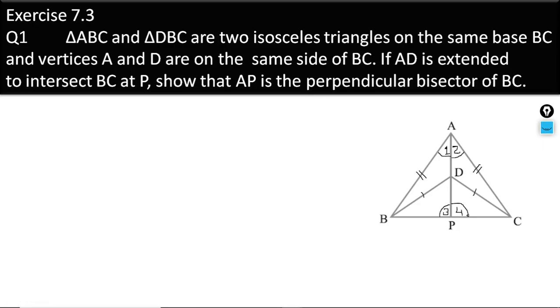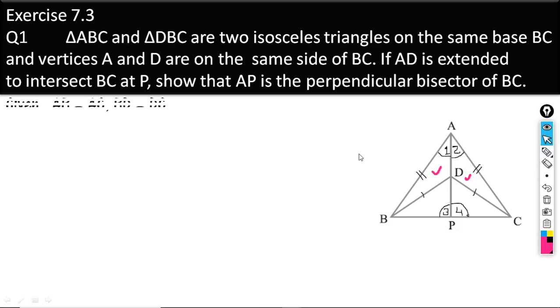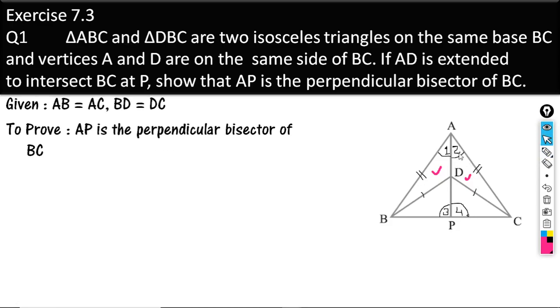For proving this, we are going to use triangles ABP and ACP being congruent. This is not known to be congruent in the present situation. We have to prove it congruent. If angle 1 and angle 2 are equal, then the triangles become congruent by side angle side. So our first step here will be to prove these two triangles congruent. If we prove them congruent, then angle 1 and angle 2 will be equal because of CPCT. So as the first step, we start from the triangles ADB and ADC.